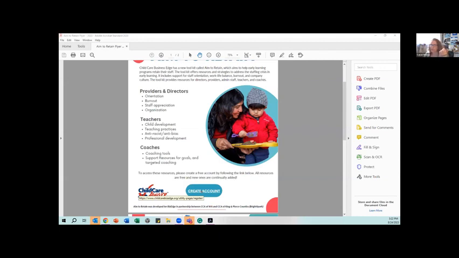And Sandy, correct me if I'm wrong, if a provider is Early Achievers, this is a free resource, but if they are not with Early Achievers, it is a cost. Is that correct? That's correct. And it's a small cost. It's a $25 fee for a year, but there are so many resources for providers. It's provider facing. We do have a set number of slots available, and we encourage that this goes to administrators or owners, but we sometimes give people a trial when they are opening a program.